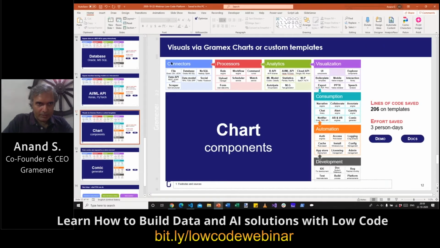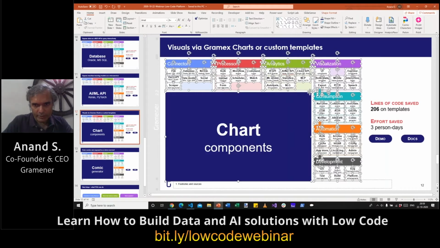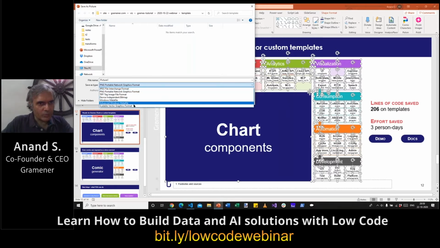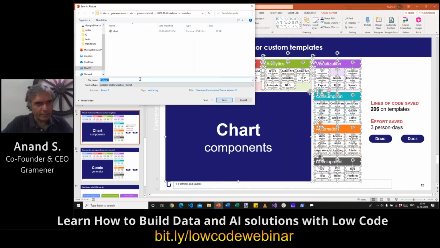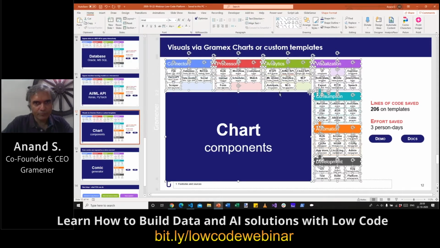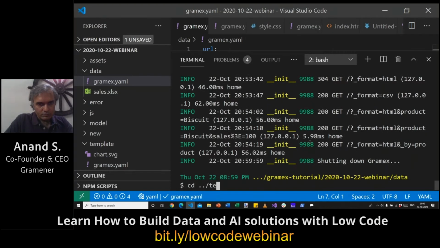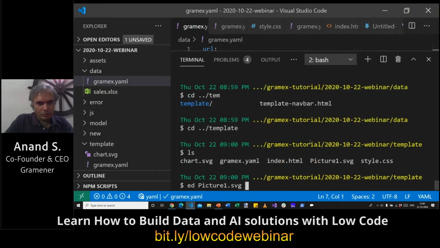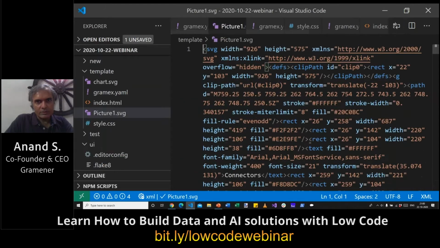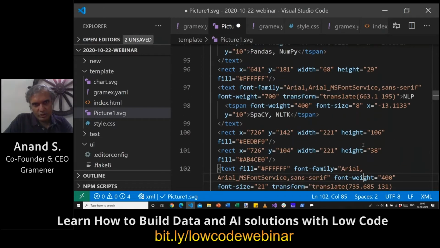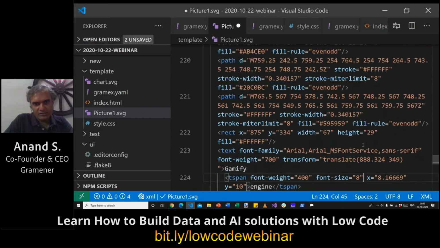So it's in PowerPoint. It's a set of PowerPoint objects. I'm going to right click on this and save this as a picture. Let's call it picture one, and I'll export it in an SVG format. Let's save it as SVG one. Now I'm going to go to this folder, open picture1.svg. Let's format it. And this is actually an SVG document in which all of the text is as it is.